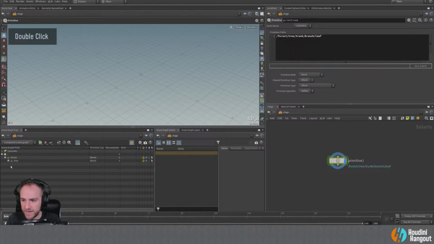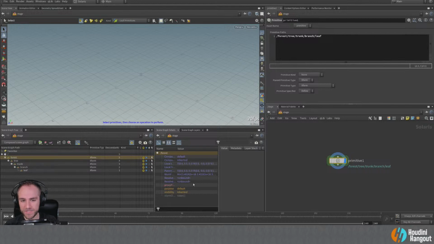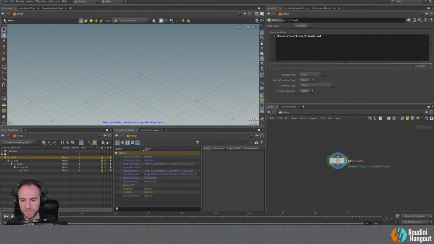Okay, so we've got this all set up here. And what this is going to do is make a hierarchy for us. So now we've got some stuff to look at and inspect and see what's going on. Each of these we can select, right? We can select each of these different primitives here. We can see the scene graph details here. So these are going to be some things that are maybe computed for us already, like transforms, what the visibility is, things of that nature. And then metadata is going to live in here as well.